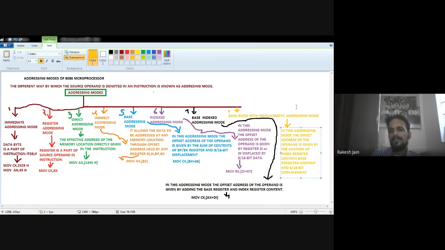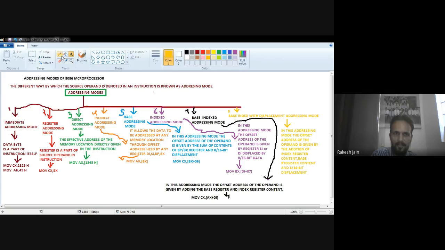Okay, so this is known as base index with displacement addressing mode.